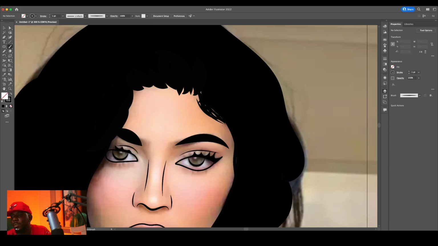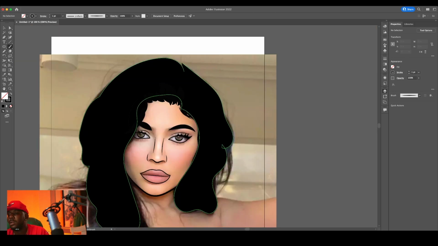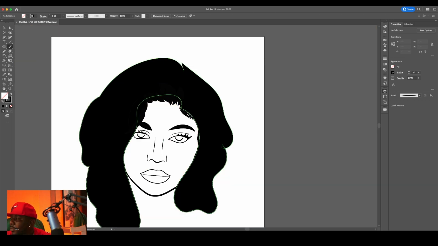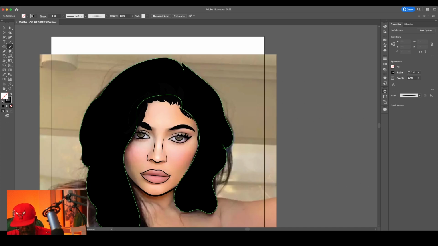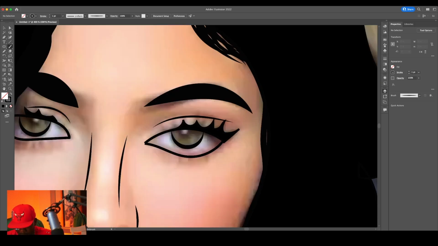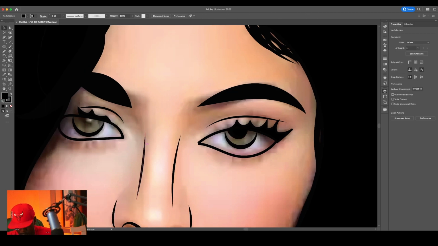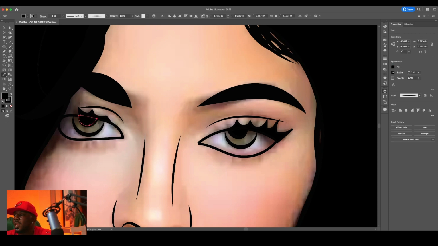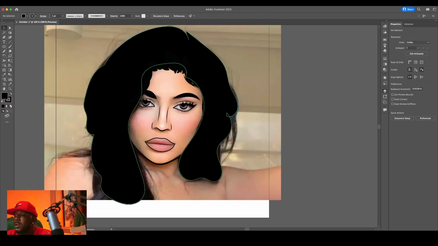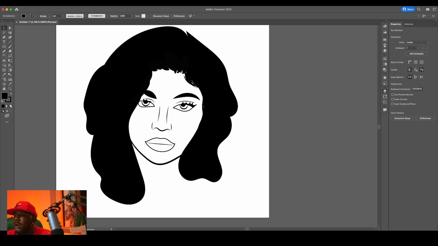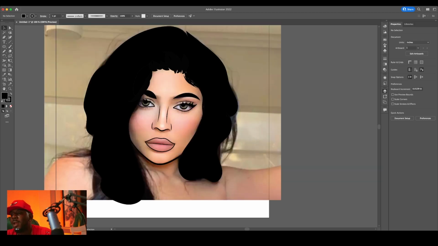Okay, and so boom, so far so good. All right, now the last few details, we're gonna go ahead and do the black part of her, her pupil, sorry. So now you kind of see it's coming along, right? So now the fun part of this all, we're gonna go ahead and add